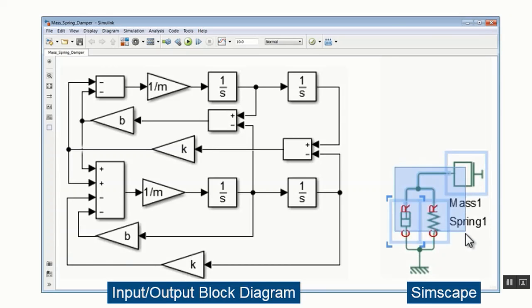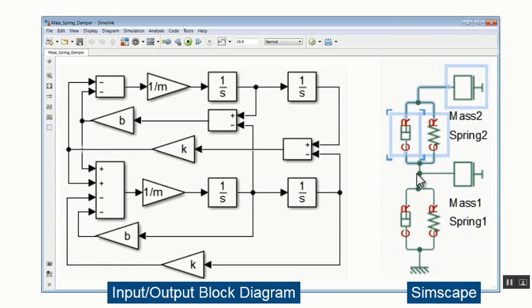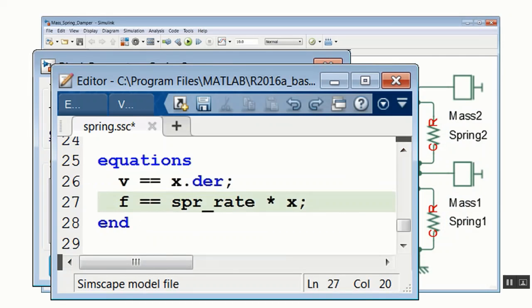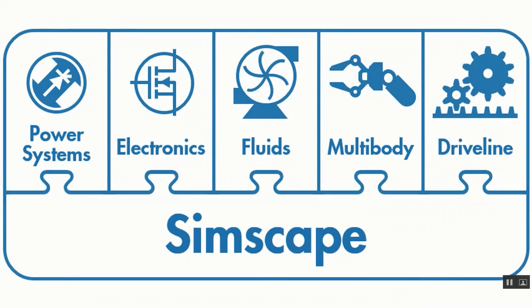Extending the model is as easy as copy and paste. You can create custom components using the MATLAB-based Simscape language. You can take the code we provide and modify it to include the effects you need for your design. You can integrate electrical, hydraulic, pneumatic, and other physical systems into your model using the components from the Simscape family